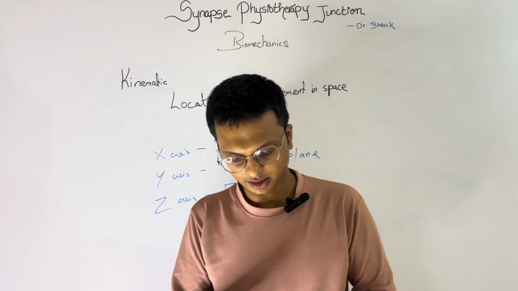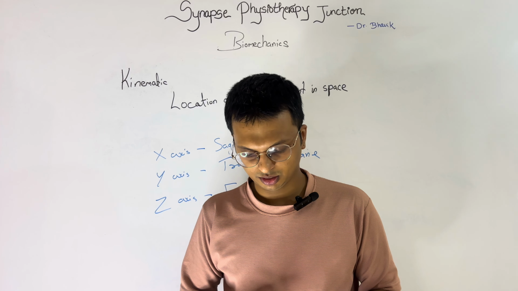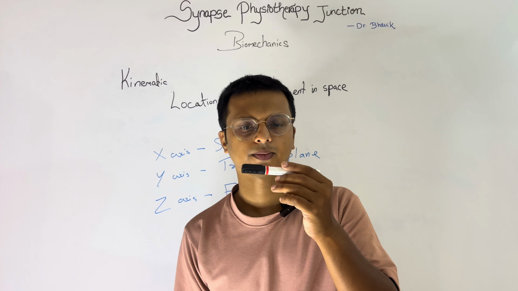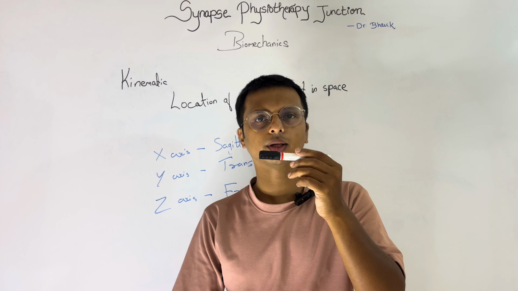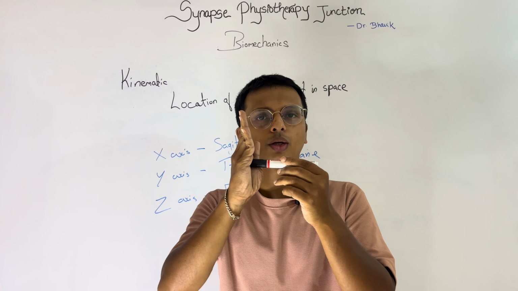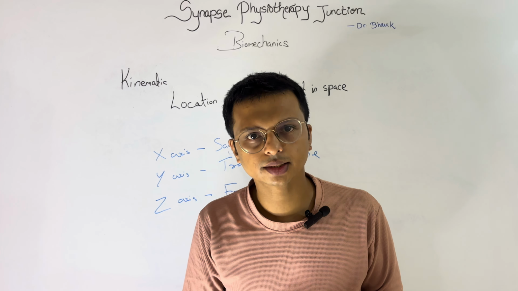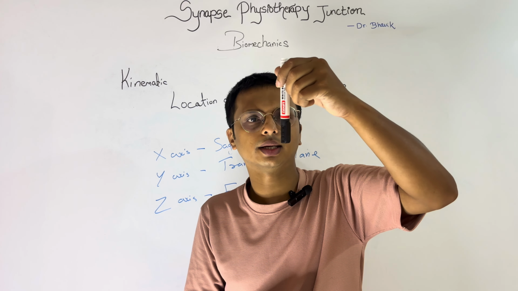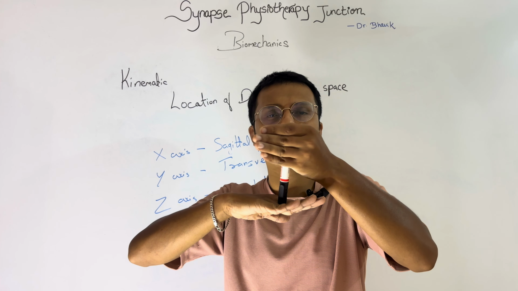For example, let's start with the x-axis. Suppose this is x-axis. Okay, in this axis the plane will be perpendicular to it. This is sagittal plane. So the movement occurring will be flexion and extension. Now for y-axis, you know that the axis is vertical. The plane will be here, perpendicular to it, and the movement possible here is this one. On the axis there will be rotation, so medial or lateral rotation.